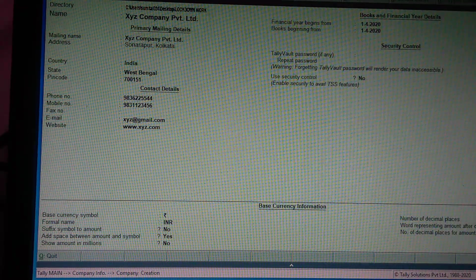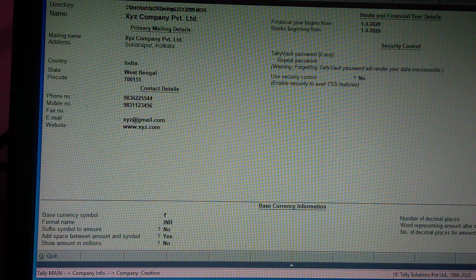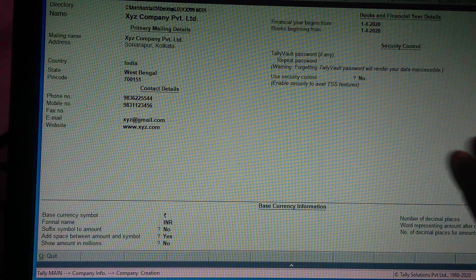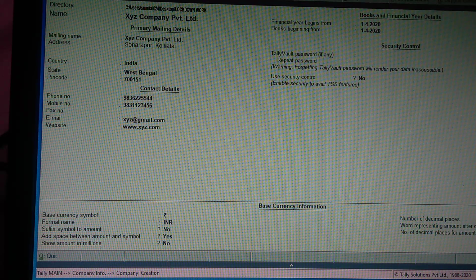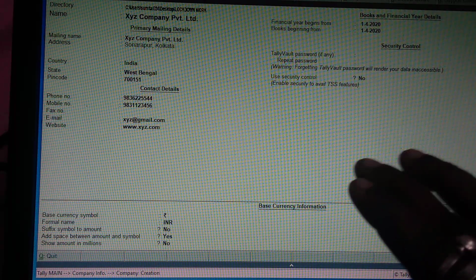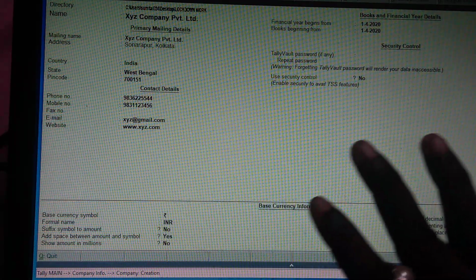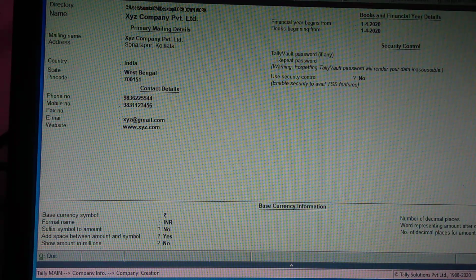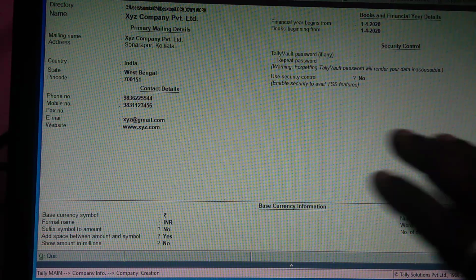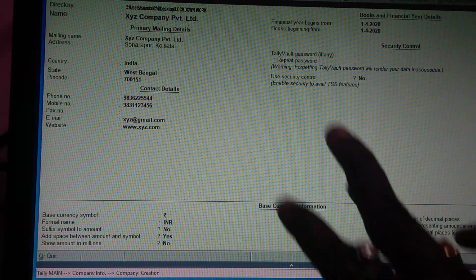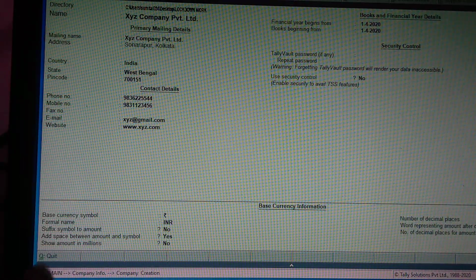Those who have already learned about Tally ERP9 can use security control. In my next class I will definitely show you how to create a Tally vault password. This is the first class. I will show you how to create a company, and I think you have understood what I have already told you. Okay, this is my Tally ERP9 session.